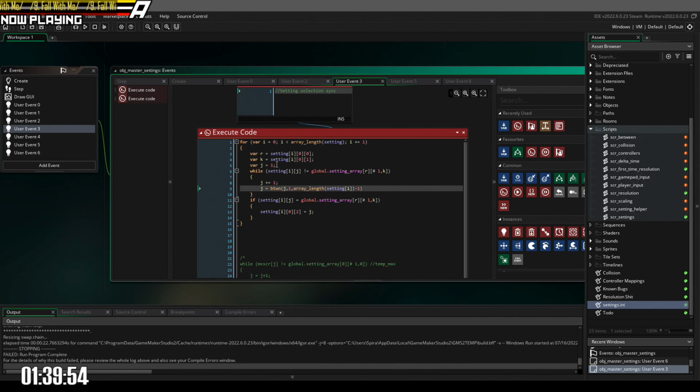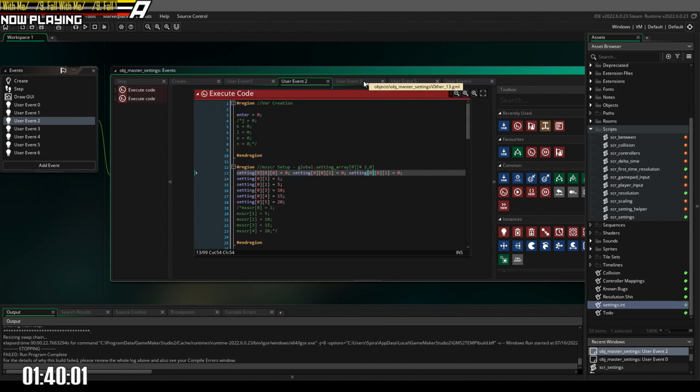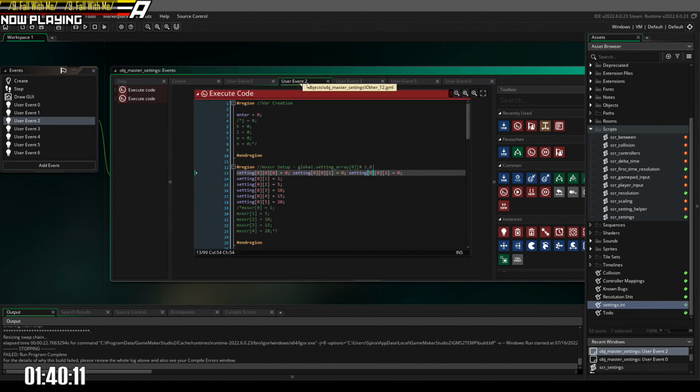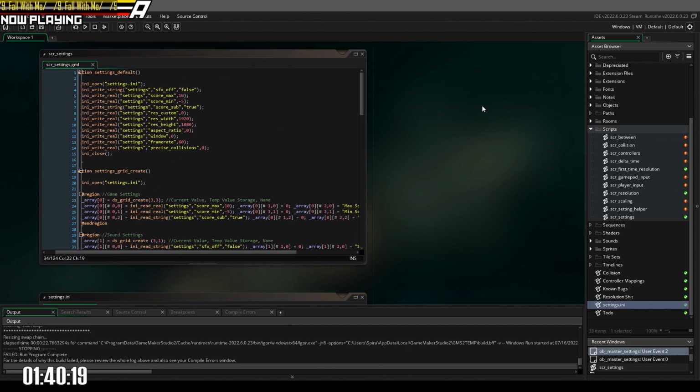J starts at 1. While setting I, J, so that would be 0, 1, while setting 0, 1 does not equal global setting array 0, 1, 0, which is